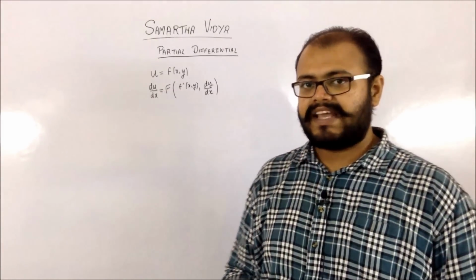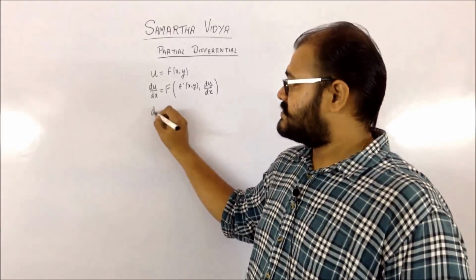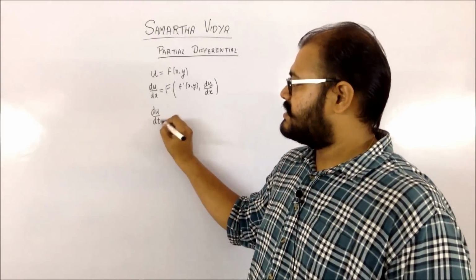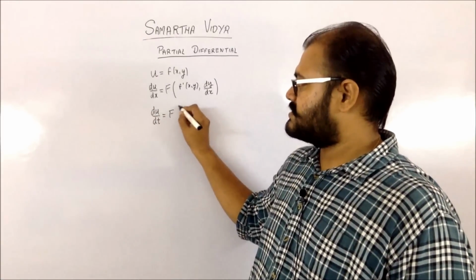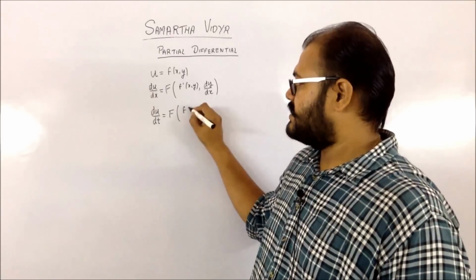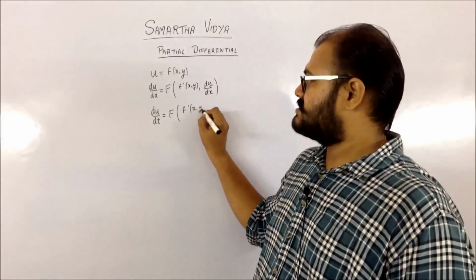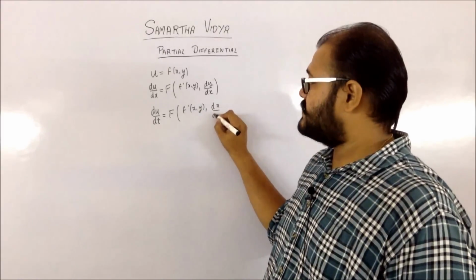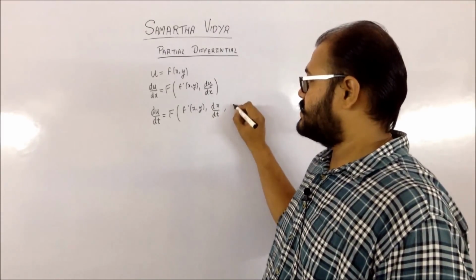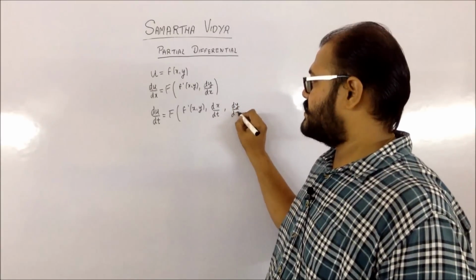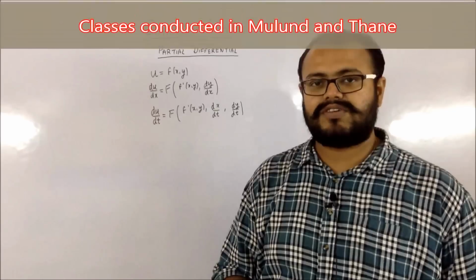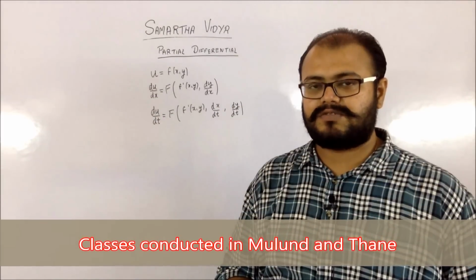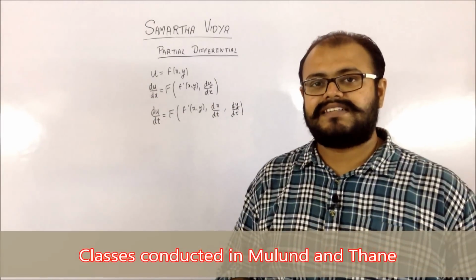If you are taking this derivative with respect to t, then the terms associated with it will be the derivative of the function, and it will also consist of the derivative of x with respect to t, and also the derivative of y with respect to t. So you can recollect all the examples which you might have done in your 12th standard regarding it.